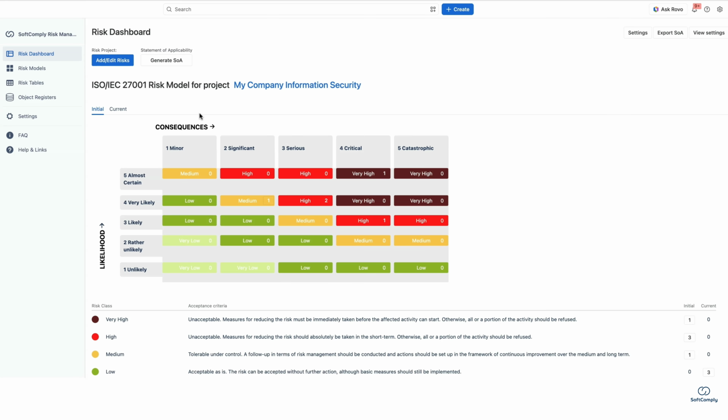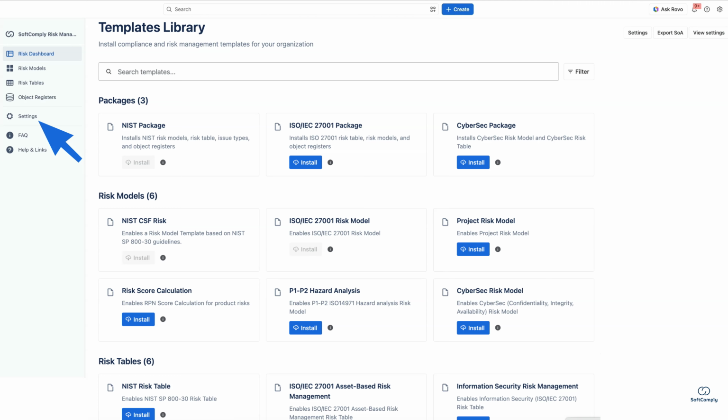The app has different views. You can build your own risk assessment model. You have editable risk registers that look like spreadsheets inside Jira, and you have object registers, which are reusable risk-related data sets that you can use. There are a lot of different templates ready to go to set you up faster, but let's start from the